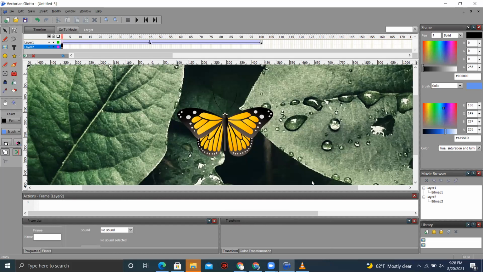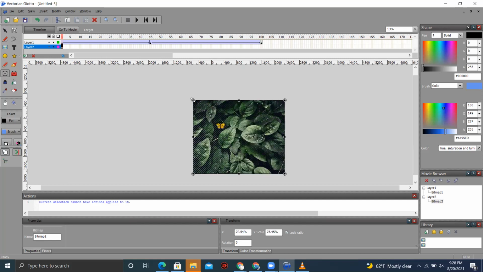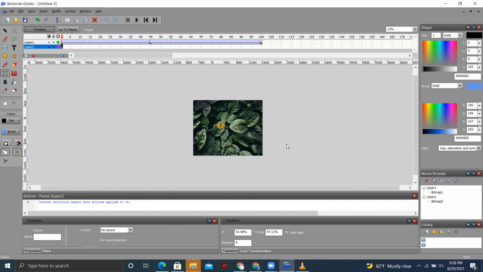So let me reduce the size. Otherwise, you won't be able to see anything. So let's rotate, let's change the scale. Scale it to a reasonable size. Okay, I think this is somewhat okay.